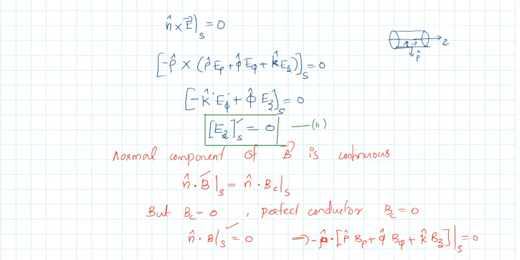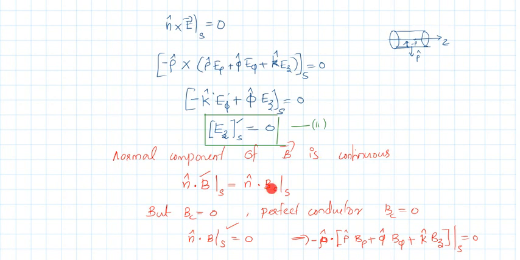But we are only interested in the boundary condition of Ez. So we are just writing that Ez at the surface is 0. This is equation number 11. Also, we have from electrodynamics, normal component of B is continuous. What is normal component? n cap dot B. On the surface, B in the dielectric is equal to n cap dot BC. BC is the value of magnetic field in the conductor. So just above the surface and just below the surface, the value should be equal. That is the meaning of normal component of B is continuous.